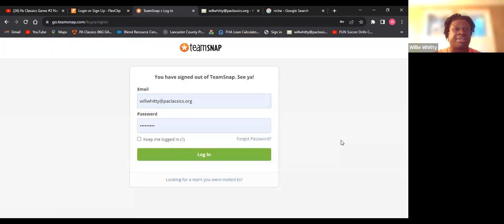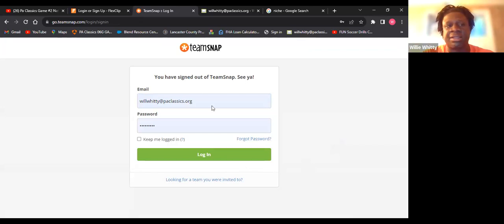So what I'm going to do is I'm just going to sign out of TeamSnap. As I was talking a little bit earlier, in TeamSnap, you're going to have access to everything from video to recording tools, and if we do a video analysis night, which we will have, you'll have information, and the players will have information they can access in TeamSnap for that video analysis night. So it might be a few questions, it might be just the video itself, but I want to go through how to find all the important information, okay?